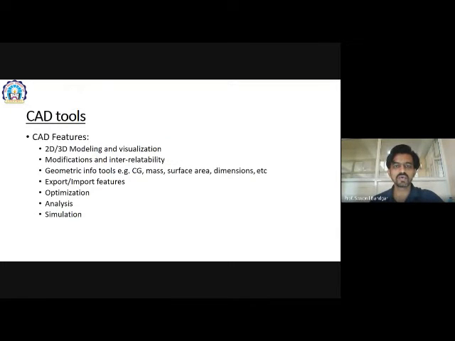We no need to draw every part again. In a single click we get different models of our project, within a day. That was not the case before the CAD tools.